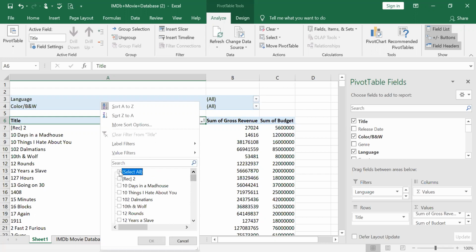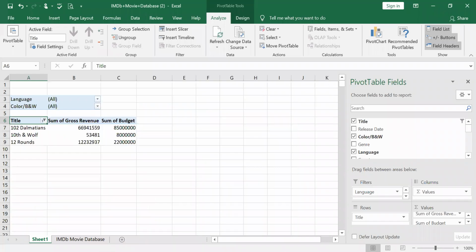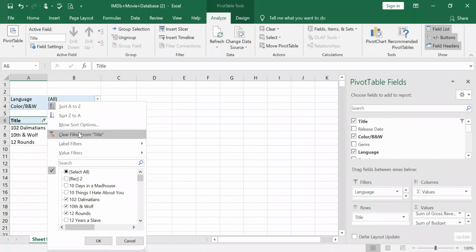So I normally deselect all, and say I'm only selecting these three, and then give okay. You can find only 101 Dalmatians, 10th and wolf, and 12 Rounds. Only these are getting selected, and all the other items are not. Now I can even give clear, or else I again select all, and then click these two items.